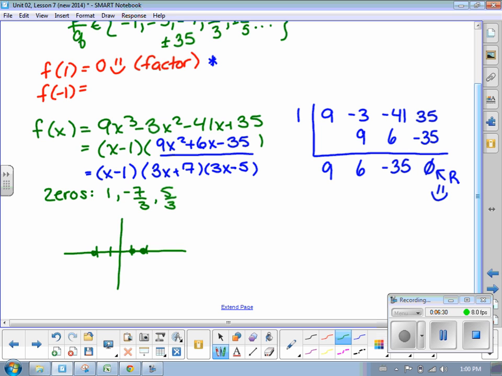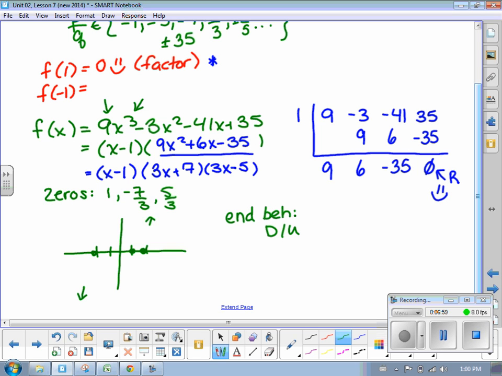The other thing we need to know is the end behavior and the behavior at the zeros. So the end behavior for this one is going to come from the degree and the leading coefficient. The degree is odd and the leading coefficient is positive, so it's going to go up to the right. So the end behavior is going to be down,